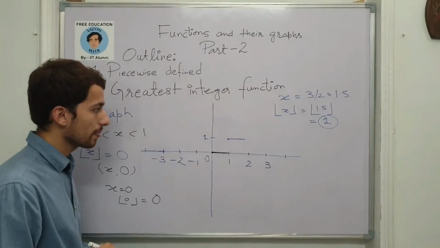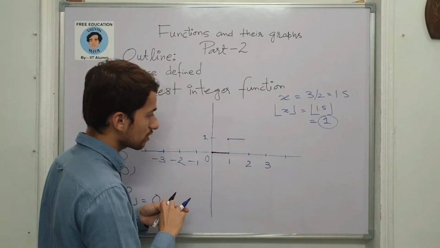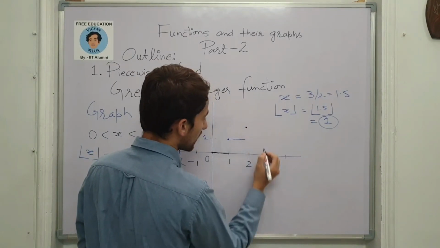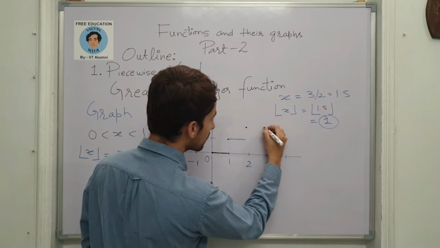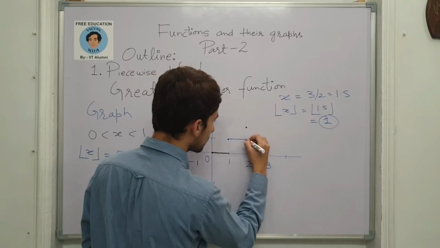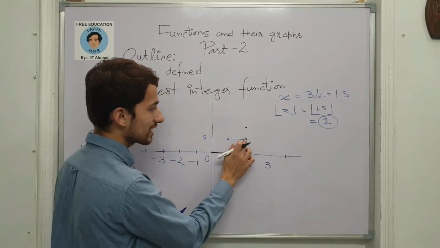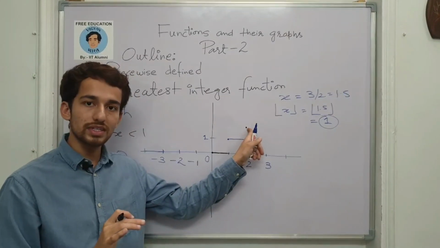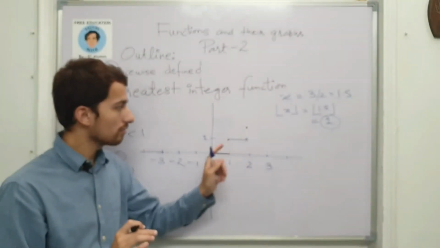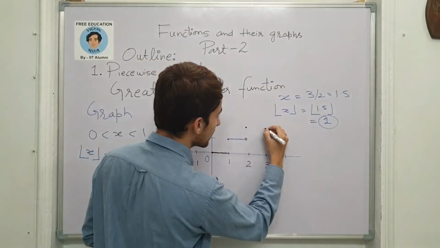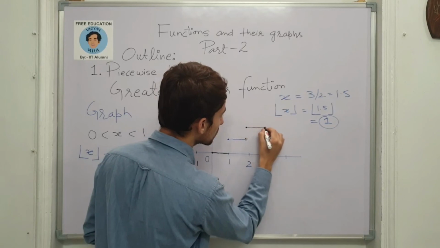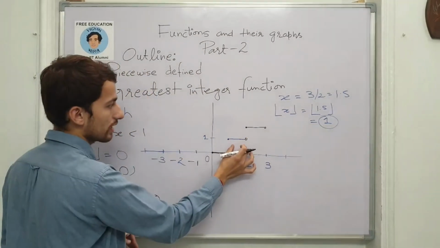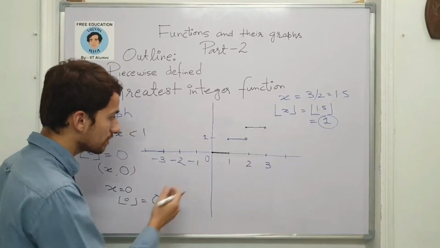Are you getting it? Fine. So for x equals 2, the output will be 2. And for any value strictly less than 2, there will be a gap, like here. This gap denotes all the values strictly less than 2, and at x equals 2, it assumes the value 2 itself. Fine. So there will be a gap here, and you will join it like this in smooth pieces, these finite line segments. Similarly, you can extend it.